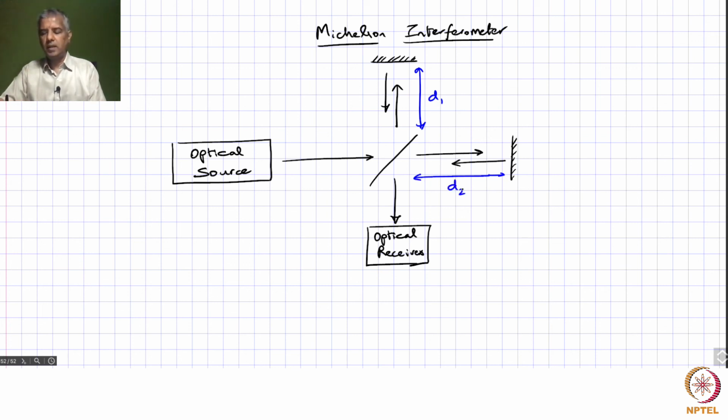So let's say that's the round trip path length. Okay, so that corresponds to D1 and D2. And then in this case, if you were to write the expression for the total intensity, it will go as